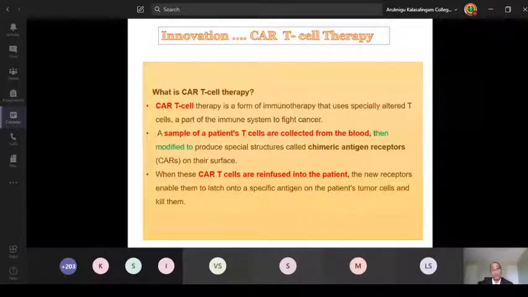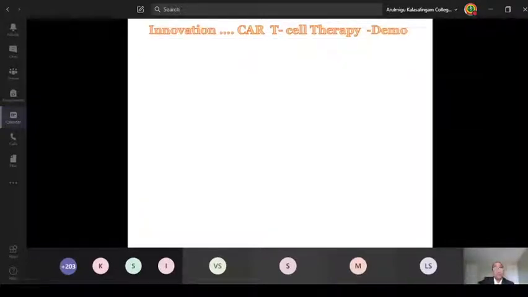You infuse the same CAR T cells into the patient. This is an effective medication for blood cancers or for rare diseases actually. This is called CAR T cells. Hitherto we have not known. From 2018, I think some companies like Gilead maybe or Novartis have come up already. They've filed for FDA. So going forward, a lot of CAR T cell therapies will come into the picture. However, it may take a lot of time for developing countries like India to come up with CAR T cell therapy. In the next slide, I am going to show the CAR T cell therapy demo.